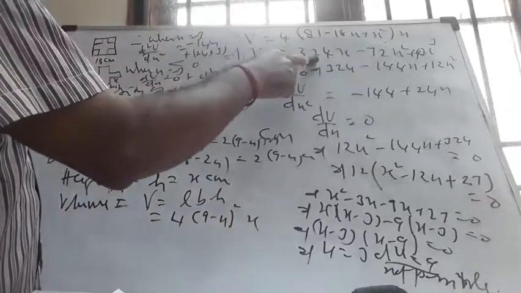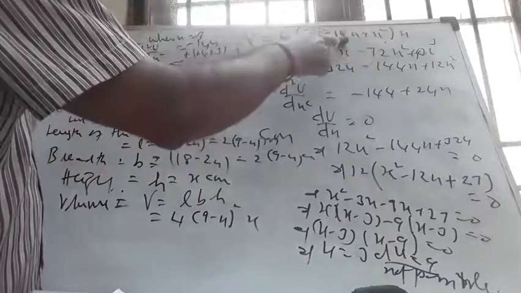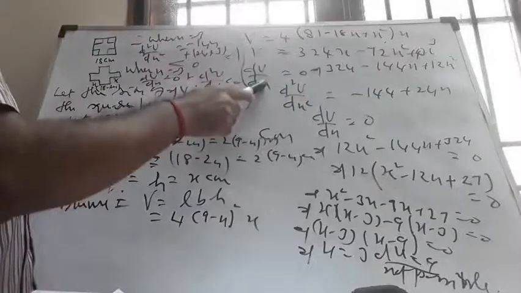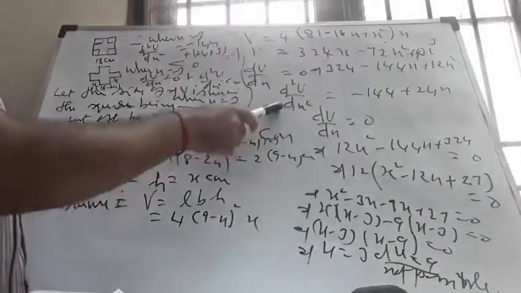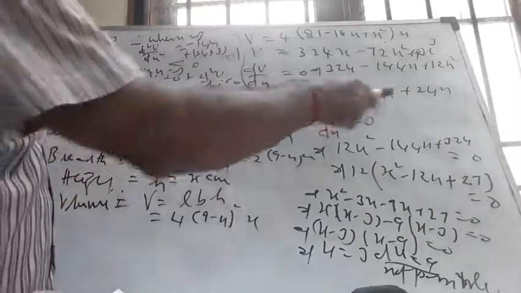4x into 81 is 324x. 4x into minus 18x is minus 72x square. 4x into x square is 4x cube. The first derivative becomes 324 minus 144x plus 12x square. d square v by dx square is minus 144 plus 24x. Setting dv by dx to 0,